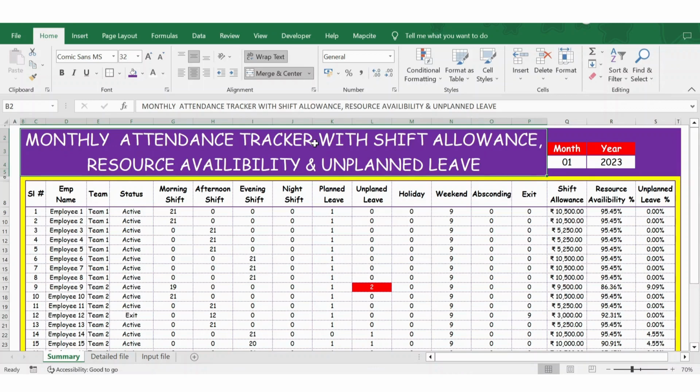Hello everyone. In this video, let's see how to create a monthly attendance tracker with shift allowance, resource availability and unplanned